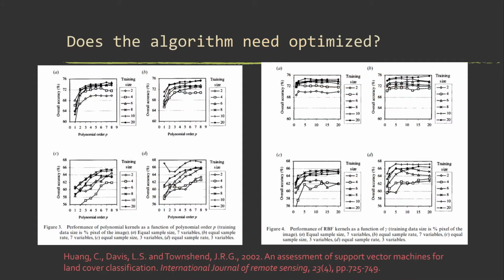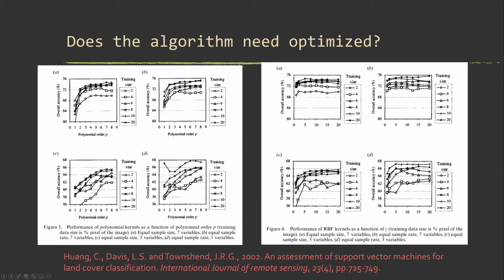Okay, does it matter? Well, it kind of depends, right? That's one of the issues with hyperparameter optimization. You generally don't know ahead of time whether it's going to make a drastic improvement. So if you really want to be sure, the only thing you can really do is test.